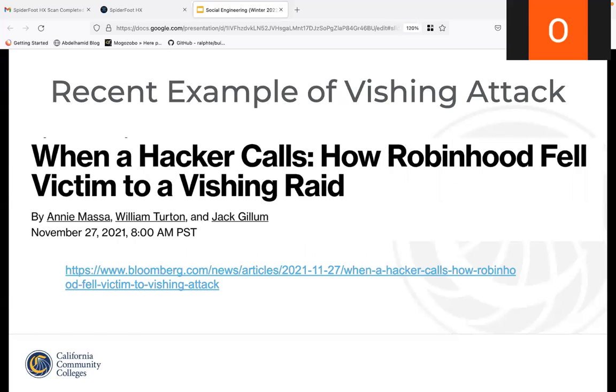So a recent example of a phishing attack took place last November on the online trading platform Robinhood. The attacker was on the phone with a customer support employee for an entire hour. And by the end of the call, the attacker had keys to information on 7 million customers. No accounts were compromised in this, and the information obtained was mostly email addresses. But this is the biggest breach for brokerage based on the total number of users whose emails were exposed.